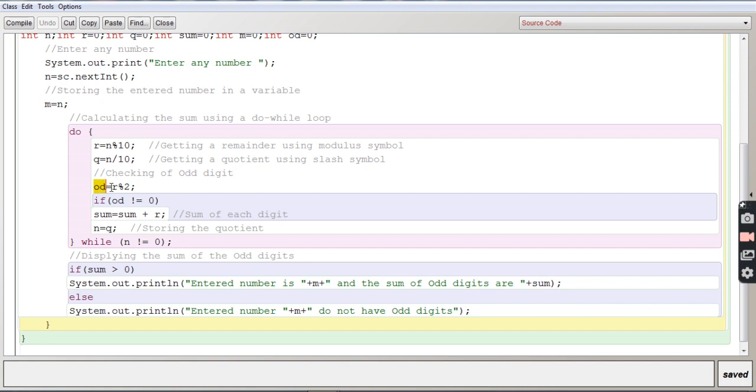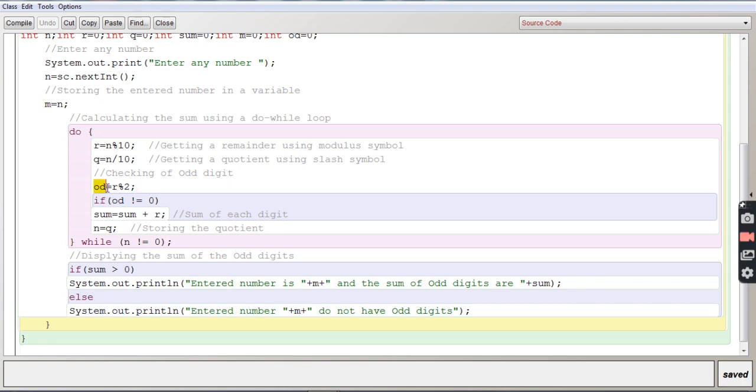So I am checking for the odd digits, as the question says: program to calculate the sum of odd digits only. So I am taking another variable OD and R, which I am having from here, and R we got 4, and 4 we are dividing by 2 again, and when we divide by 2 the remainder should not be equal to 0.